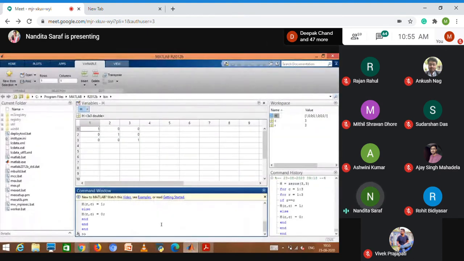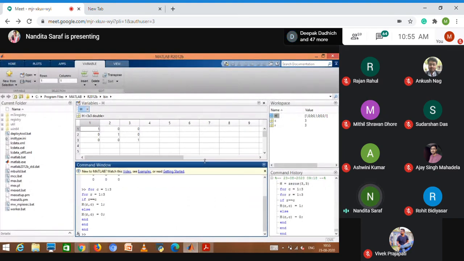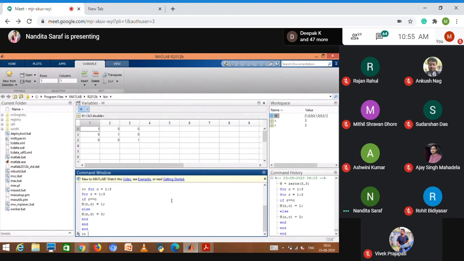Okay, so can we have some other if else problem? Let's think of some if else problem like, so let's say you have an array of random numbers.